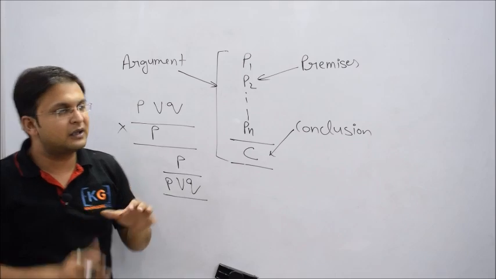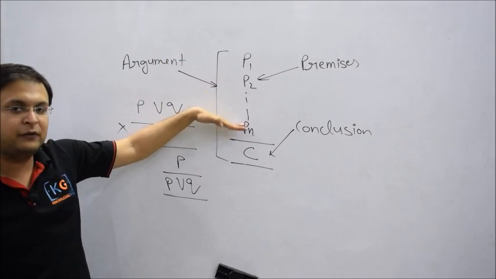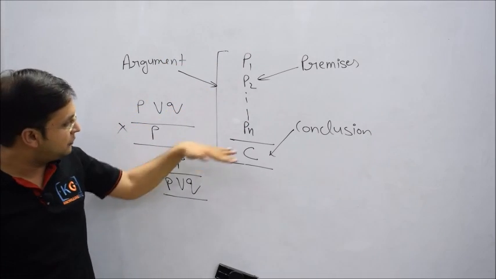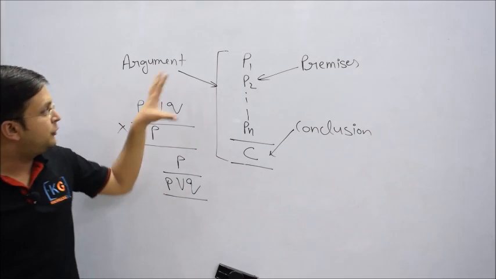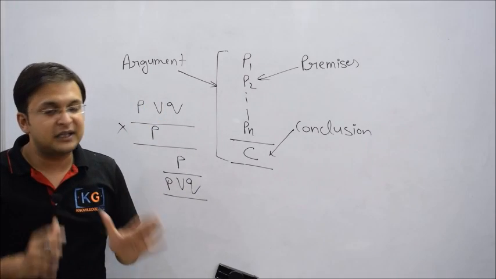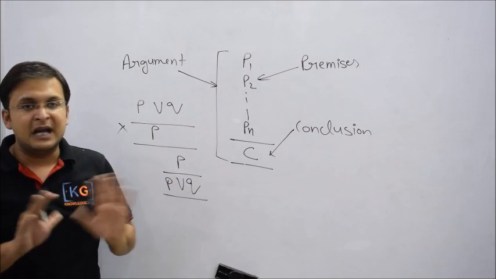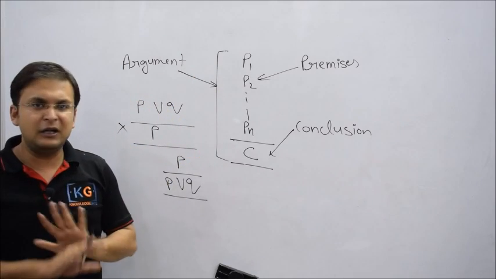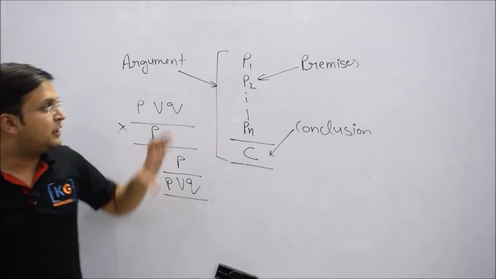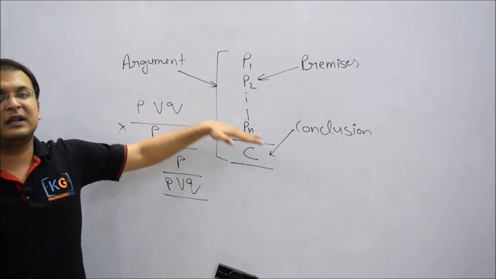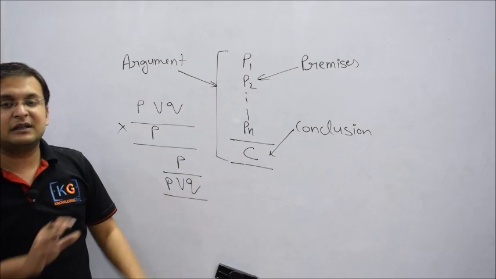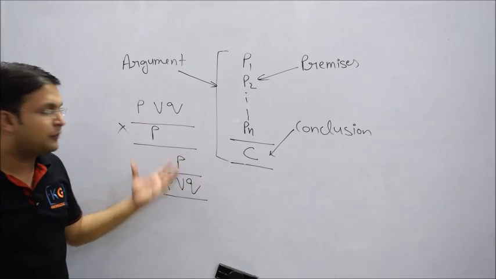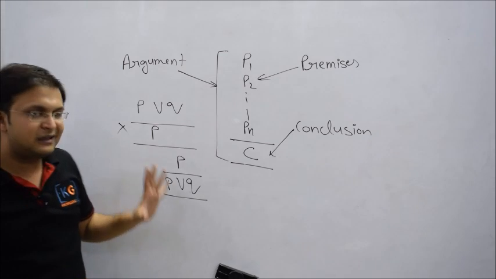So what is the logic? Based on the set of premises, if you are able to derive a conclusion C, then you say the argument is valid, otherwise you say the argument is invalid. Again, note one point: I am not saying whether these premises are true or not, or whether the conclusion is true or not. I don't know that, but using those premises you cannot derive a conclusion, then the argument is invalid, otherwise the argument is valid. I hope you understand the basic logic.